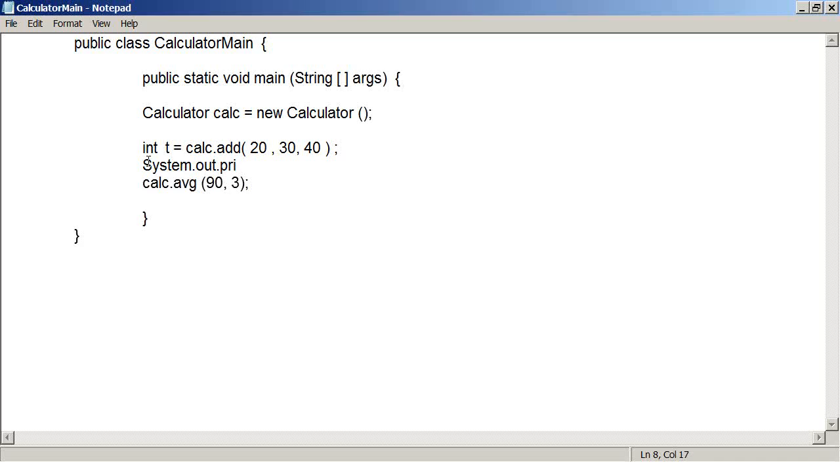Total of 20 plus 30 plus 40. Right? Now t contains the total. I am printing here, total plus t. Now let's see first. Let me print the total. Now whatever the total